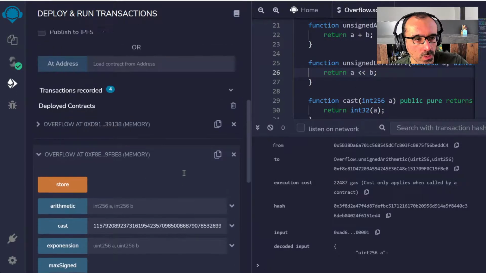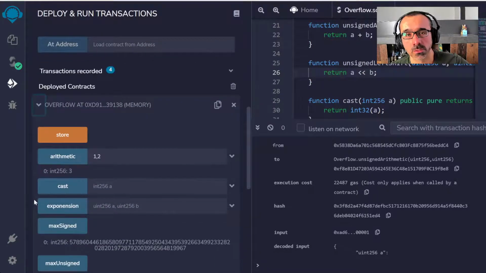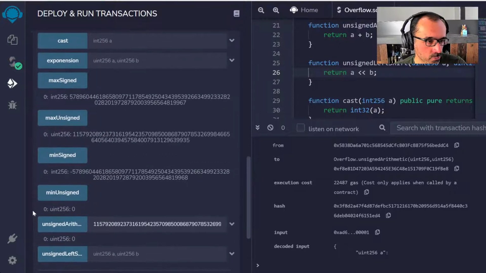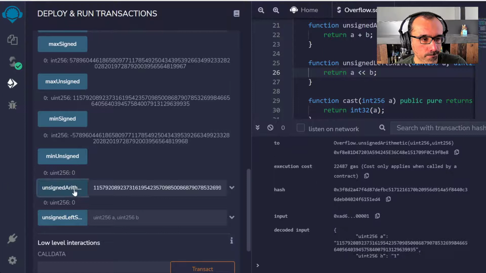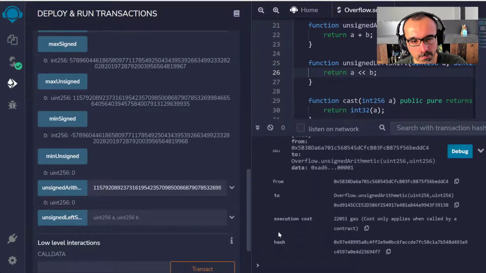Now, let me go and open up my previously deployed contract. This is deployed using an older version of Solidity, 0.6.10. I will perform the same arithmetic here. And let's look at the cost of this. 2,200,051.